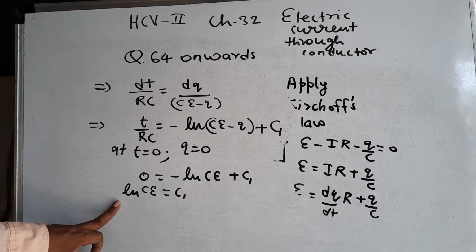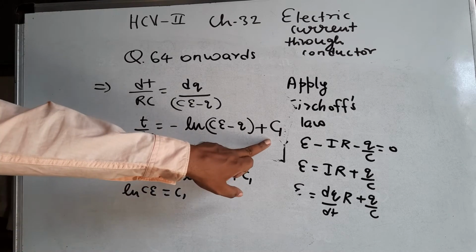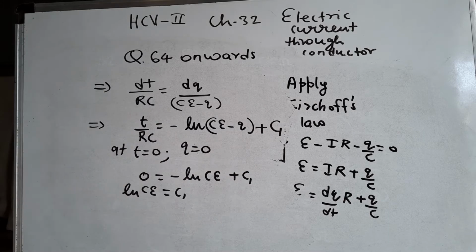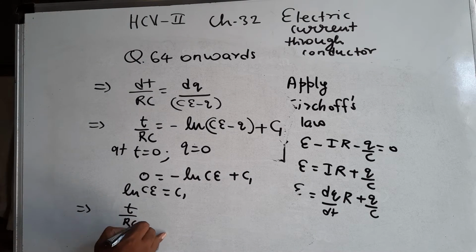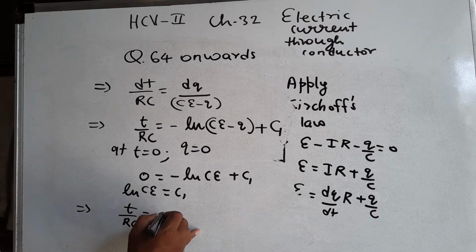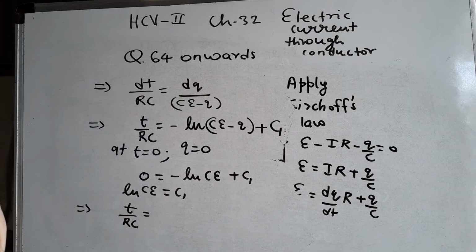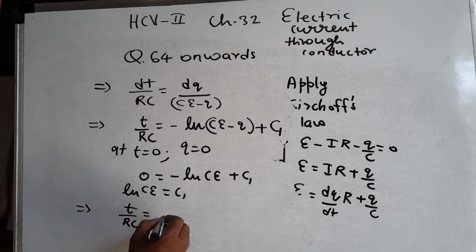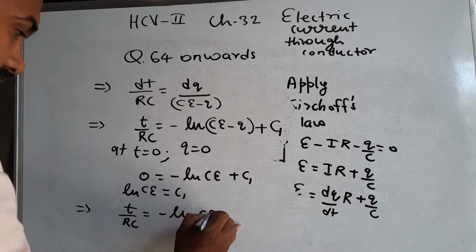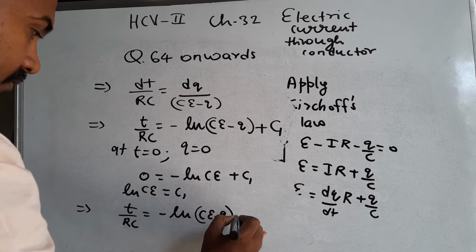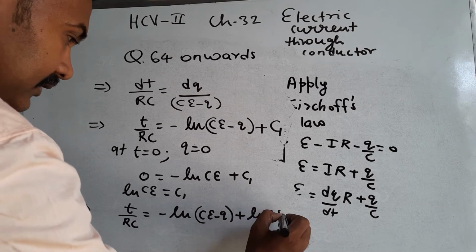So we are going to substitute this ln Ce to this place, and we get t upon RC is equal to minus ln Ce minus Q plus ln Ce,